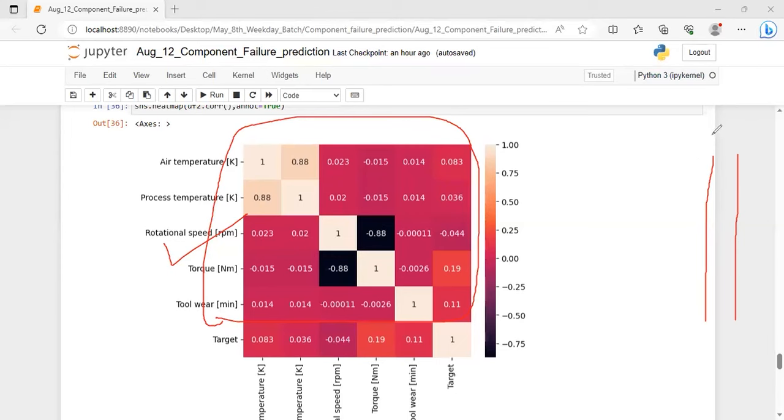So it is like that. Suppose you have taken this as the target variable. In this target variable, the impact of temperature is 0.83. This much is the degree of significance of this particular first column in the prediction. The second column is 0.636. The third is minus 0.044. Torque is highly